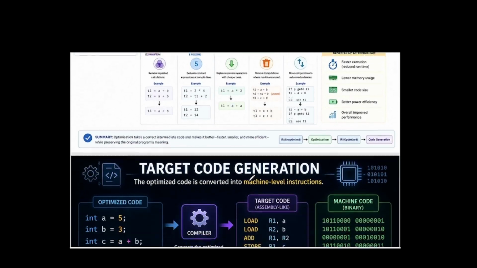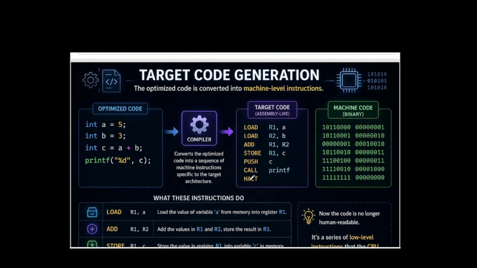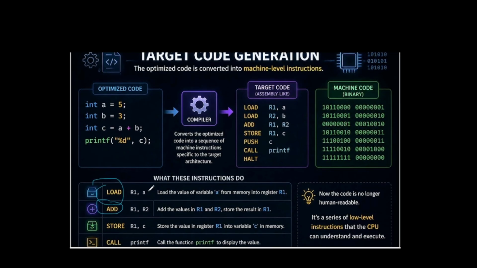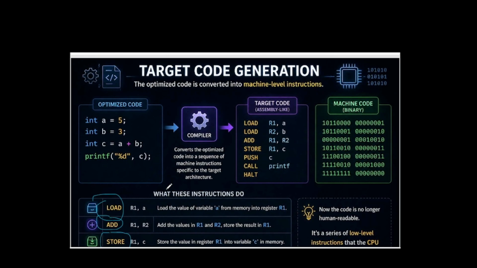After this phase, you get the target code generation. In the target code generation, it is finally machine level instructions like load, add, store. These are all machine level instructions. Now the compiler is going to see instructions, not the program which you gave. After this phase, once the code is generated into machine level code,